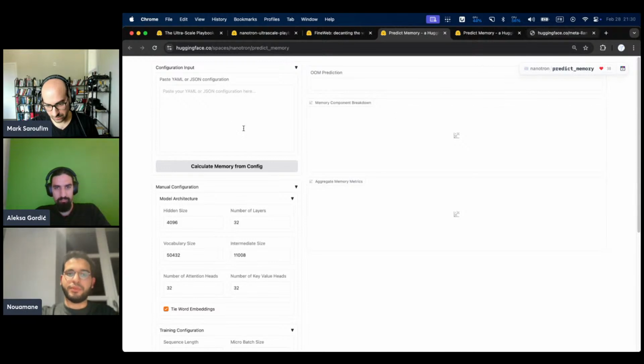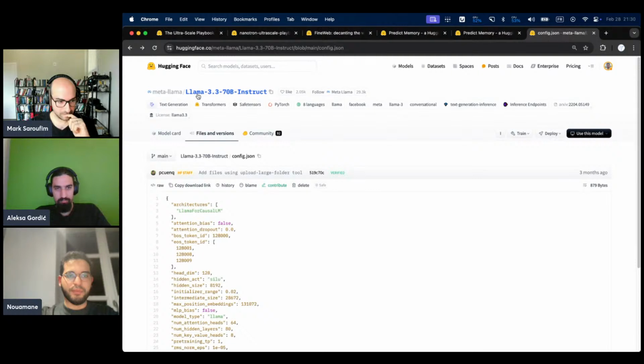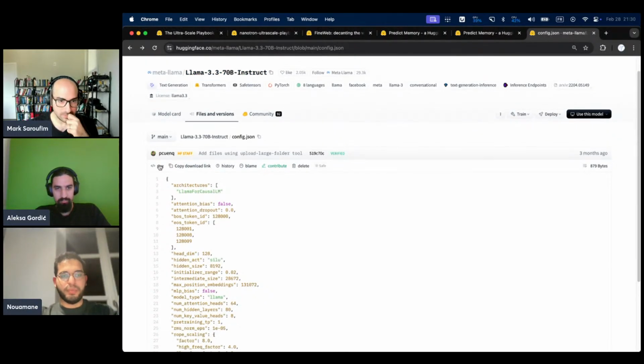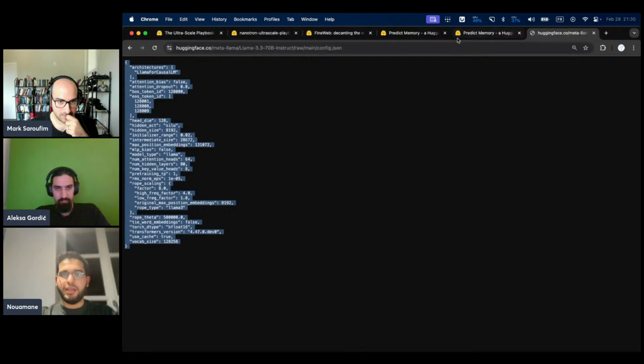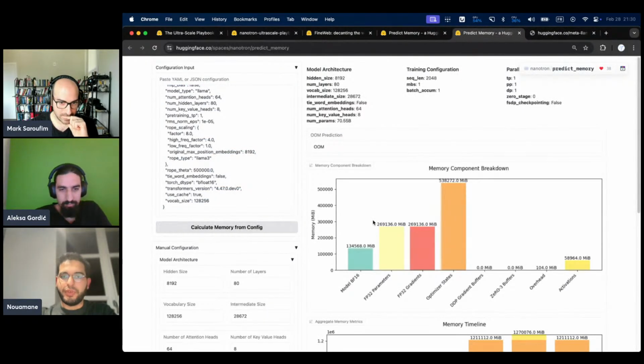So for example, how do you use this? You can go to any model you want. For example, here, I go to Llama 3 70 billion. You can copy the config and paste it in this tool, calculate memory from config, and hopefully you're gonna find the number of parameters here, 70 billion, the architecture, the parallelism used, etc., and the OOM prediction,